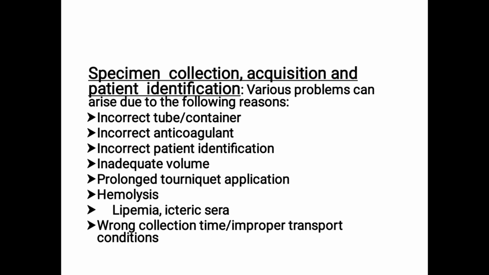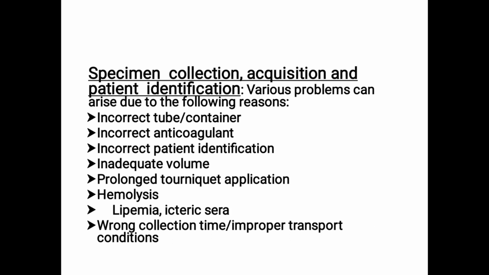We have to choose the correct tubes. Various problems come from an incorrect tube or container. Suppose for fasting blood sugar, you have to take a fluoride oxalate tube as the anticoagulant, the gray color tube. Usually most technicians know, but what about the clinicians and sisters? Sometimes they may also be collecting, so they should know. With incorrect anticoagulant, especially for the coagulation profile, we need to collect the exact amount of blood and the proper anticoagulant ratio.